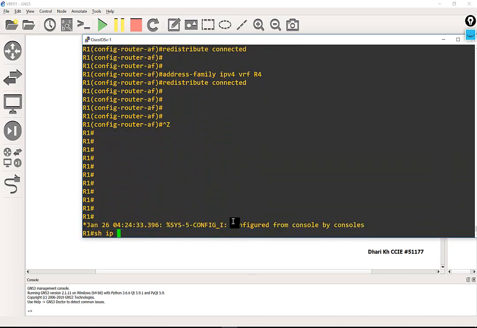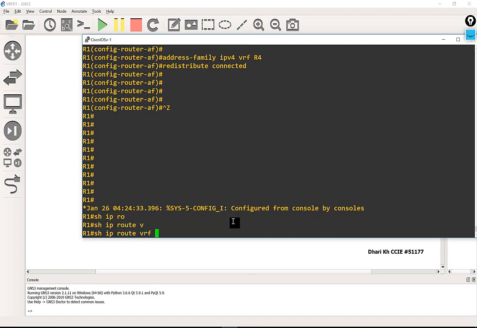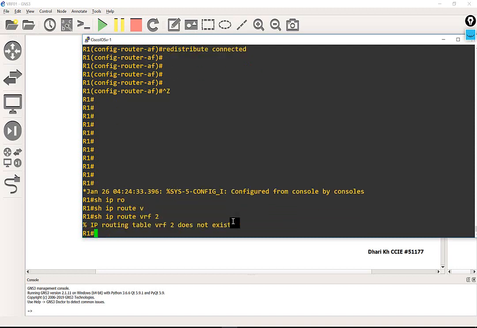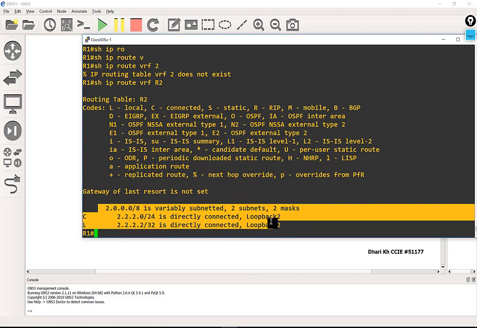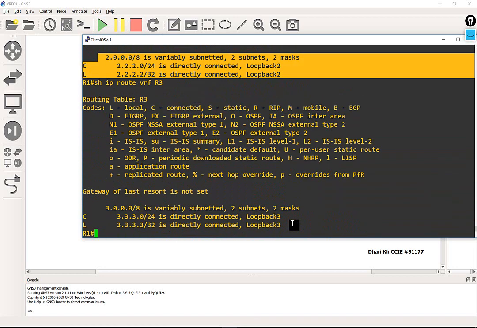Show ip route vrf R2. Sorry, again, VRF R2. Okay, so nothing appears here, nothing. I don't have anything new, even router 3. I don't have anything here. So why? Where is the BGP? Why doesn't the BGP work? Okay, here we need the mechanism for route target